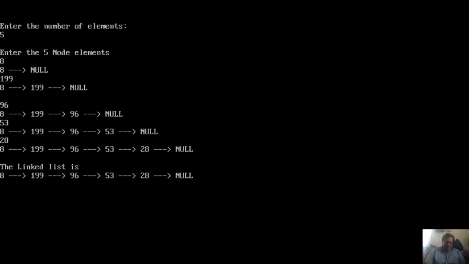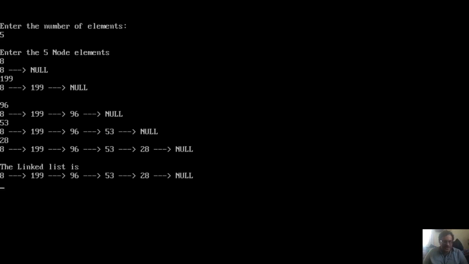This is the program to create a linked list and insert elements. You are inserting the elements at the end. You observe 8 was the first node. Next, at the end, 199 is inserted. After that, 96 is inserted at the end. Next, 53 is inserted at the end.